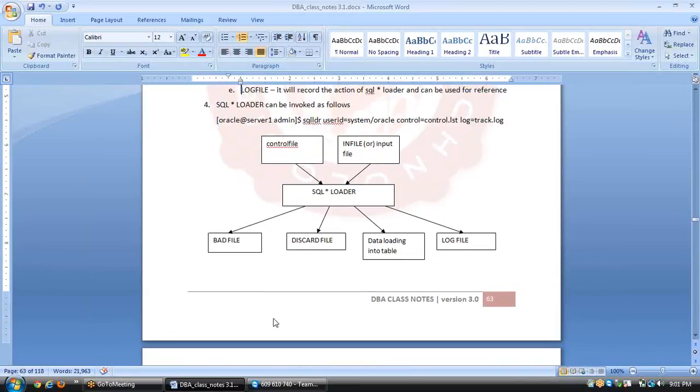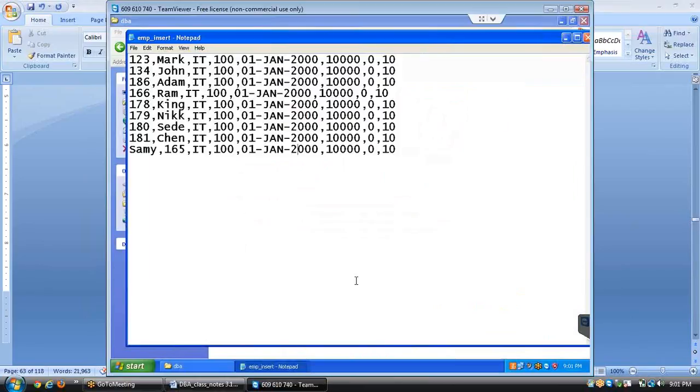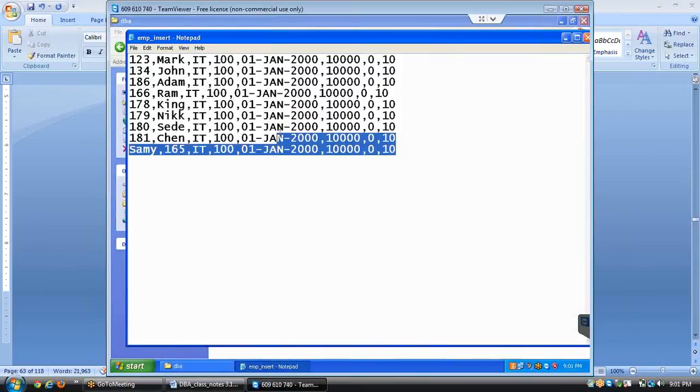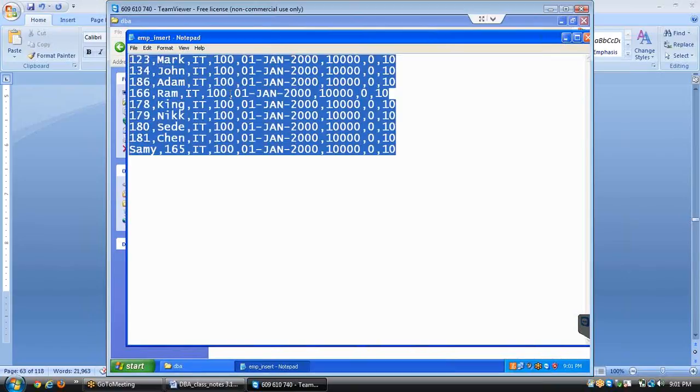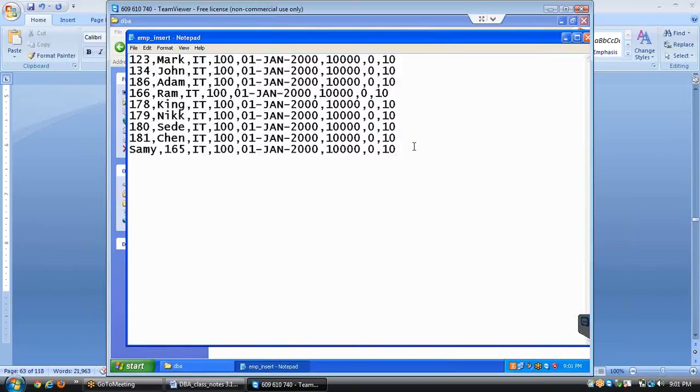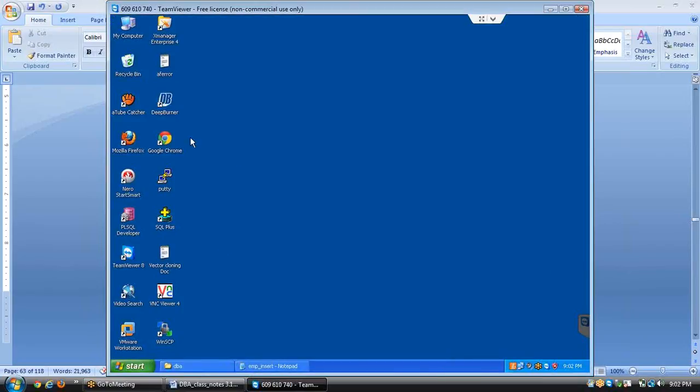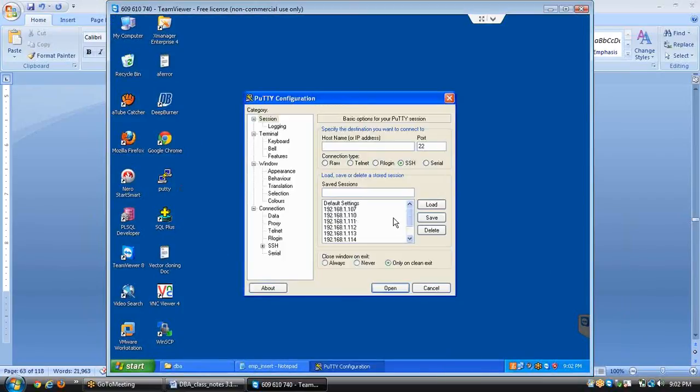So now let us take one example on how we can load this data. For example, this is my in file where I have some data and I want to load this data into the EMP table. One very important note is, whenever you want to load the data from